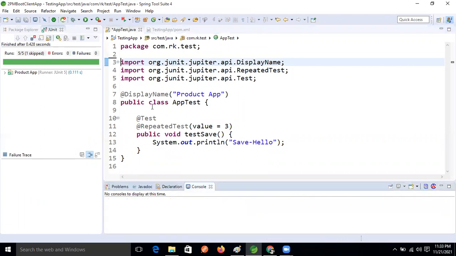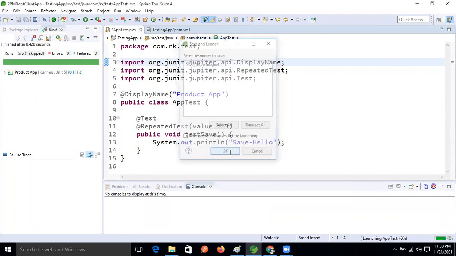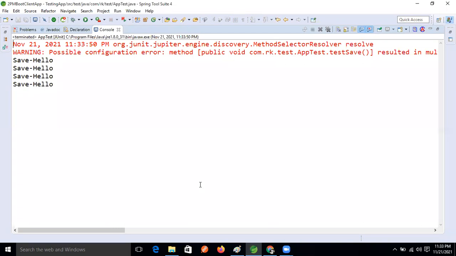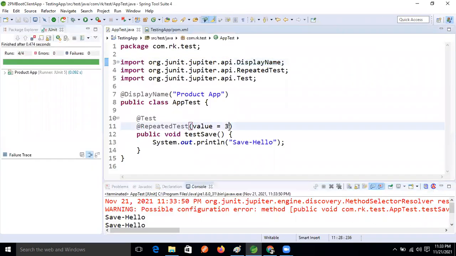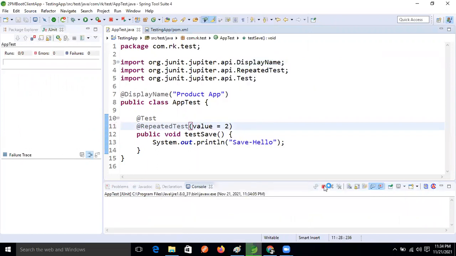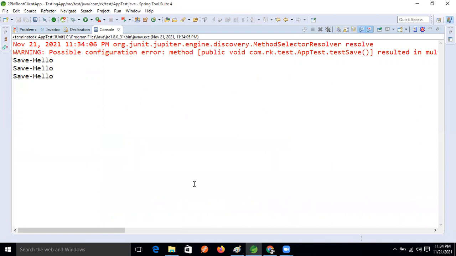It's repeating 3 times plus 1 default. Execution starts from 0: 0, 1, 2, 3. If we take 2, then it will run with indexing order, 0 to 1. So see this, it's executing 3 times now.